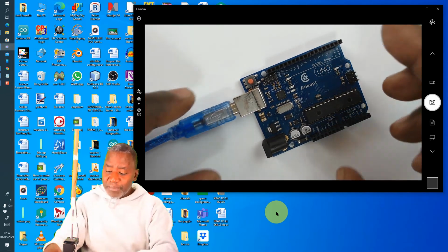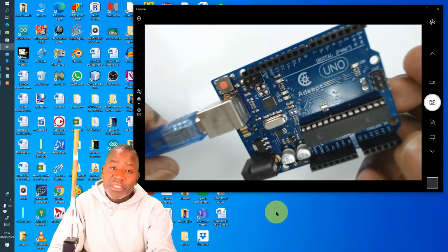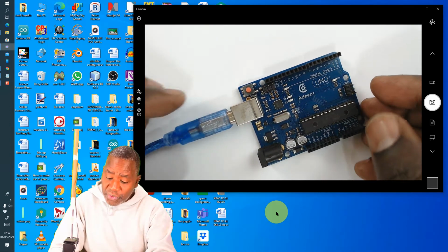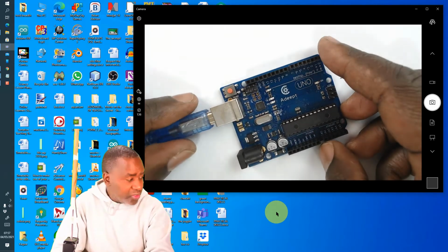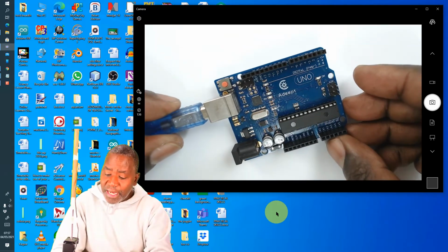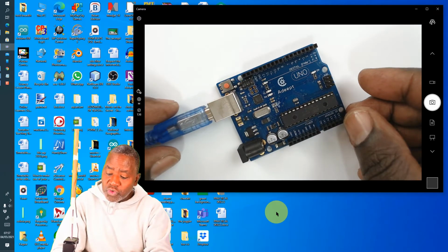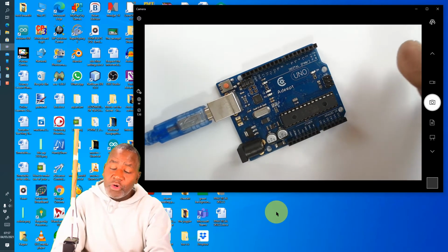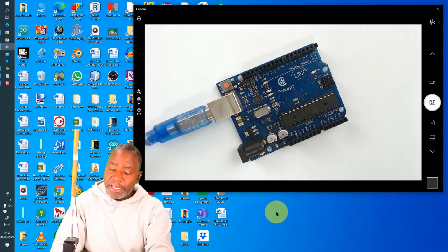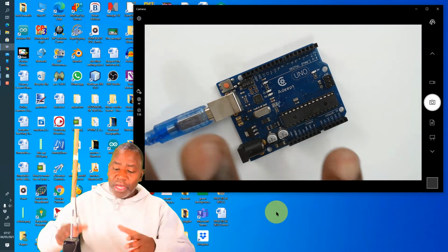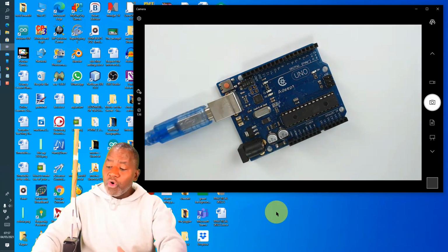And now that webcam is very close to this circuit here, the Arduino circuit. So if I want to do any connections with this circuit, you can see that my students are able to see whatever connections I'll be doing here. I can raise this webcam to a higher level, allowing my students to see more of my